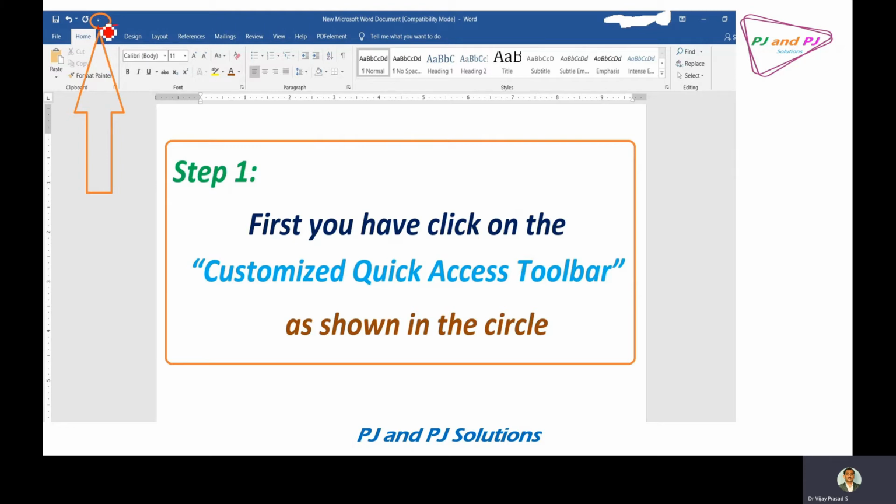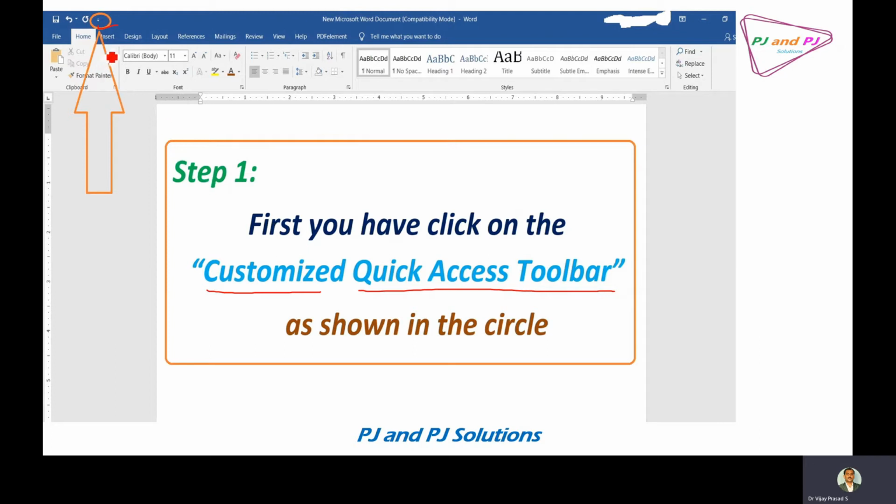When you move the cursor on that symbol, it shows Customize Quick Access Toolbar.